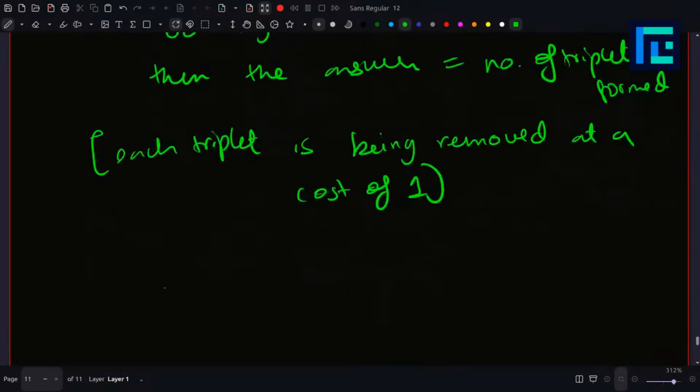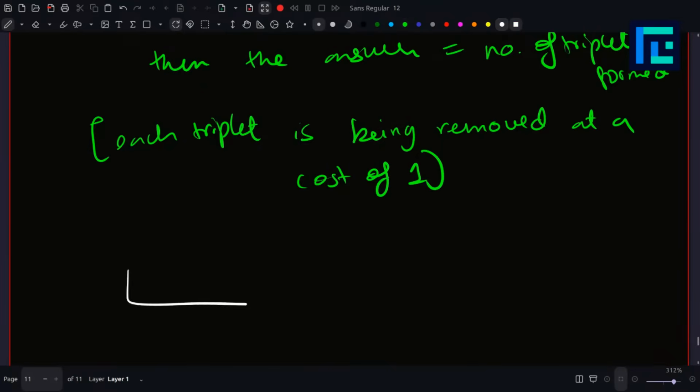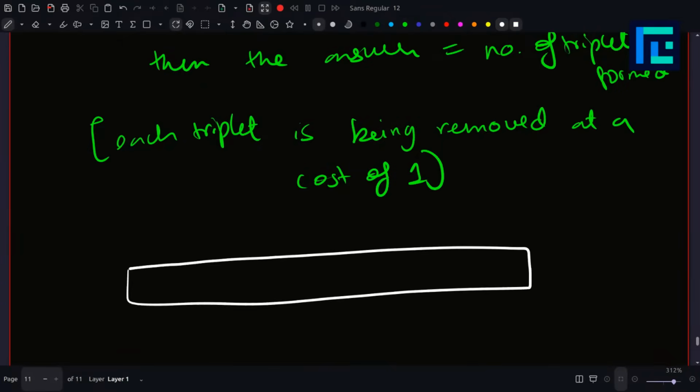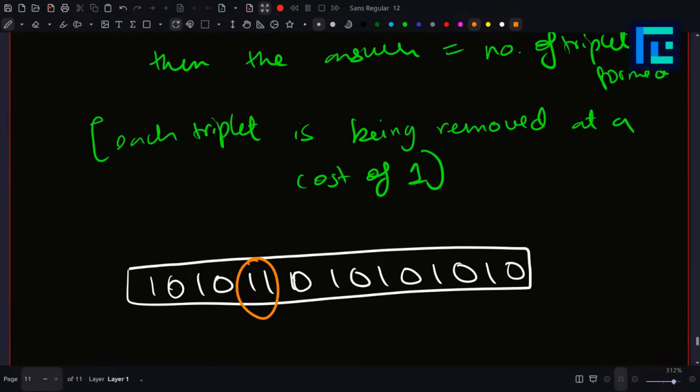And why is this happening? Just observe. Let's try to take a bit harder array, like 1 0 1 and then something like this. Here there's a 1 1 only at this position, and there's no 0 0. The only thing satisfying is this 1 1. So we'll take these two as 1 1, and then we'll take this, and once we remove them,